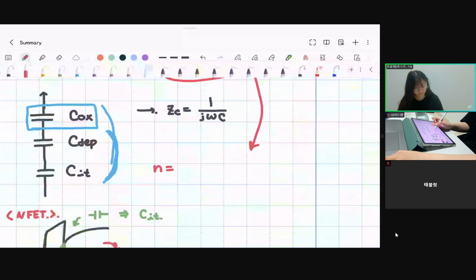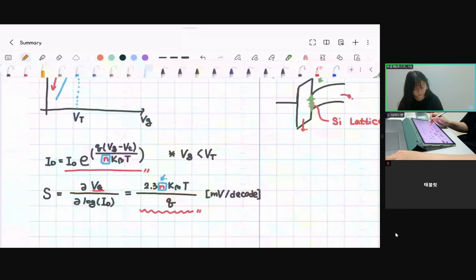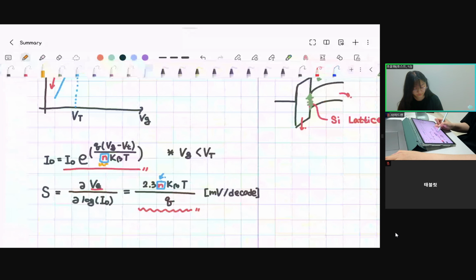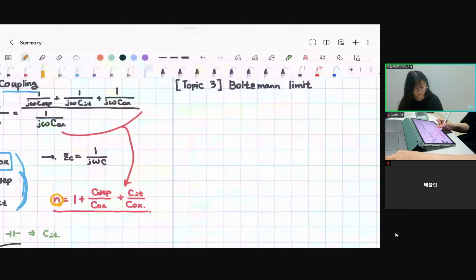So that means n equals 1 plus C depletion plus CIT, divided by COX. That means a coupling. So we calculate this coupling and we put it into these formulas, and by this formula,